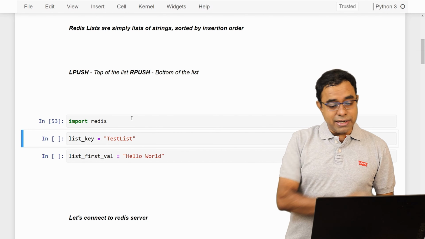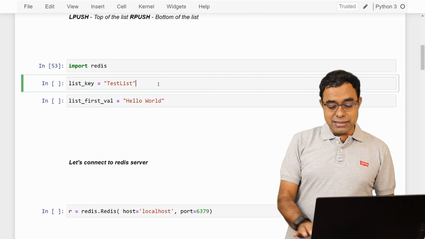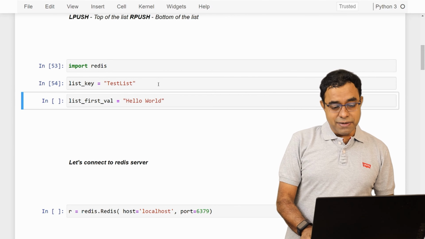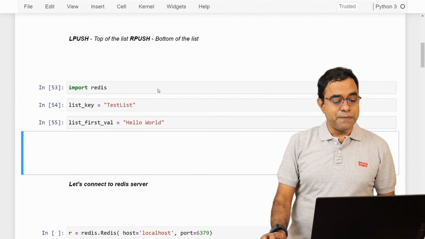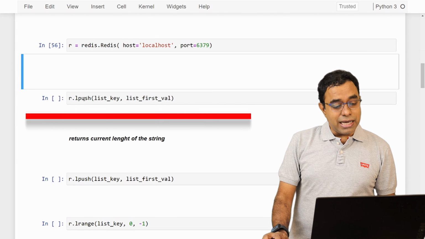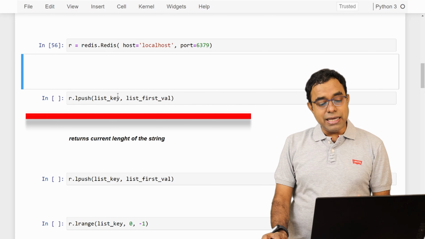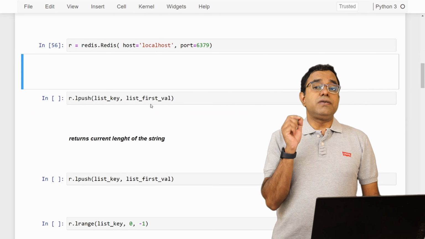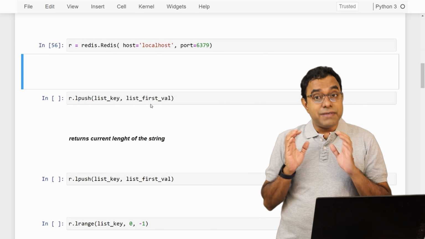So I'm importing Redis. List key is test list. The first element of the list is hello world. Now let me connect to the Redis server and I will use lpush to push the key and the first value. If the key is not there, it will be created.